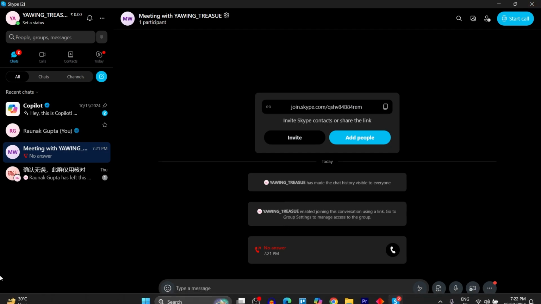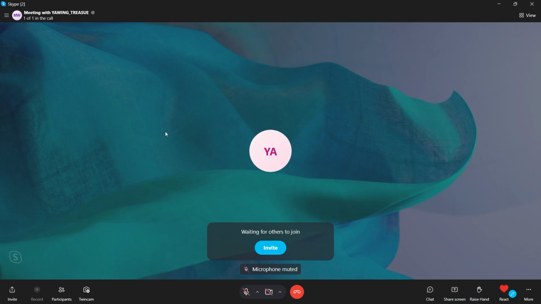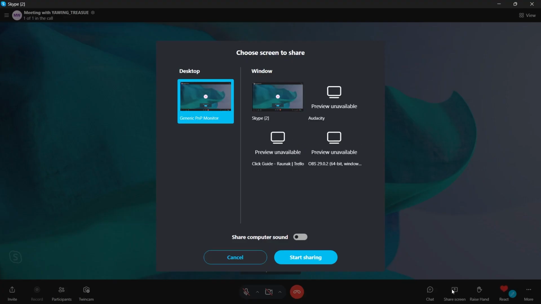Here, I will click on the Start Call button at the top right of the screen and host a meeting. Now, after hosting a meeting, you will see invite, record, participants, webcam and all these tools available at the bottom of your screen. So you'll have to simply navigate to the share screen button at the bottom right of the screen, that is just after chat, and after you click on that button, you will see a pop-up